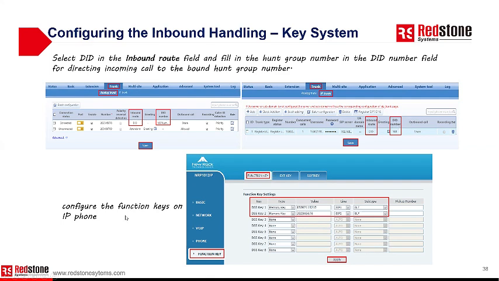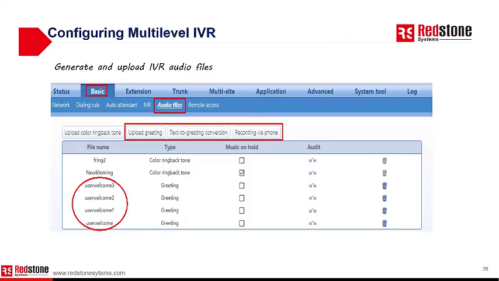Then, of course, you need to configure the function keys on the IP phone. You can set on the function key, then select the BLF status, and of course the number for this line, DSSK 1 and 2. Okay, so next one is how